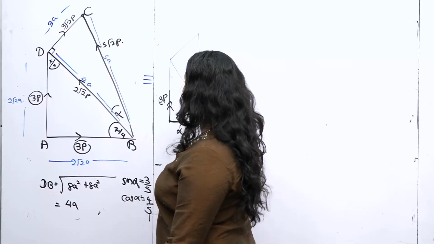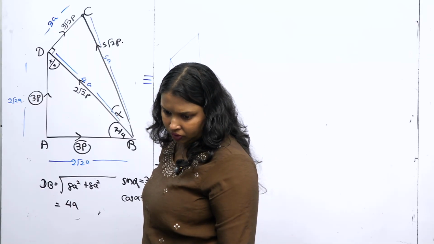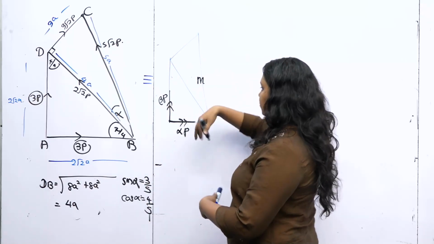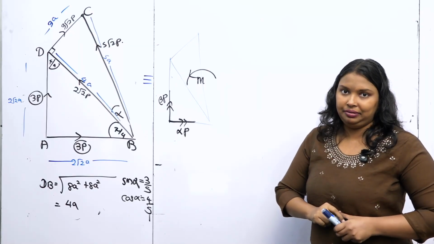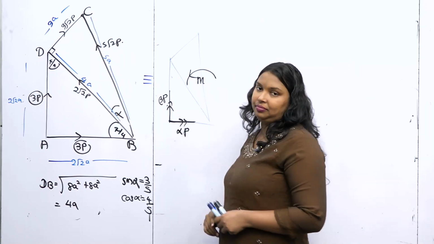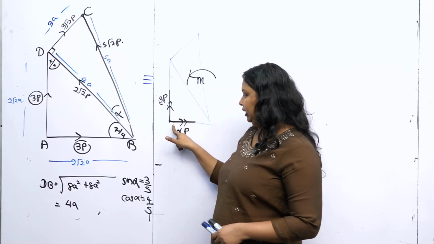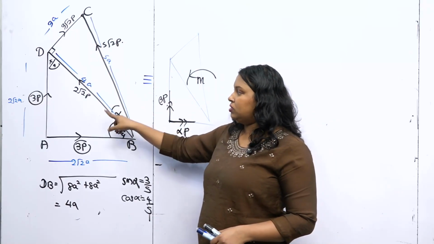moment, a couple acting in which direction? Acting in the counterclockwise direction, this way. This system is equivalent to this one. Can you understand? You have to find the value of alpha, beta and M. Being equivalent means the sum of the forces in the horizontal direction